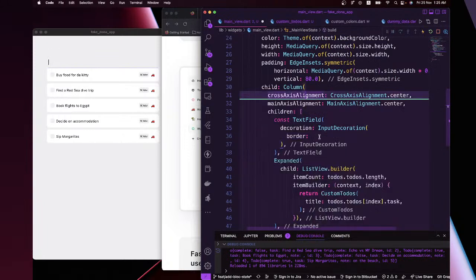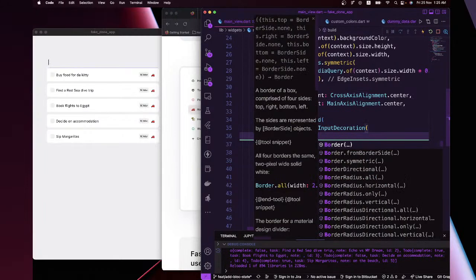Okay, yeah, let's try it out. Text input decoration, border,